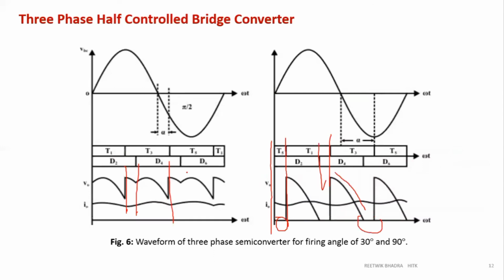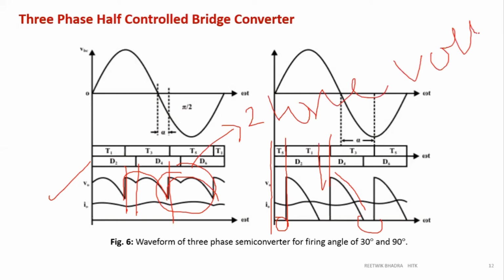So that's why I'm doing this waveform first. Then I'll come to this. So below 60 degree, if I draw the waveforms, then the output voltage will consist of 2 different line voltages in one curve. There are 3 curves over here. So all will look similar as in the previous case, but one such small curve will have 2 line voltages.